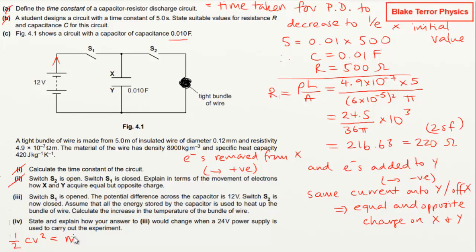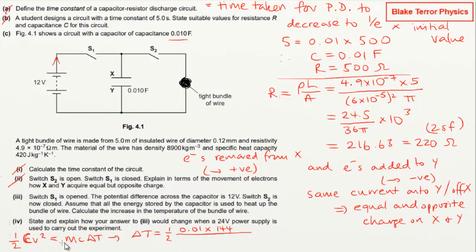And that's going to be equal to our m, specific heat capacity. Right, we don't want to get our c's mixed up. So let's call that a big C for the capacitance and then a little c here, mc delta T. So that means that our change in temperature is going to be a half multiplied by the capacitance, 0.01, multiplied by the square of the voltage, so 144, divided by,